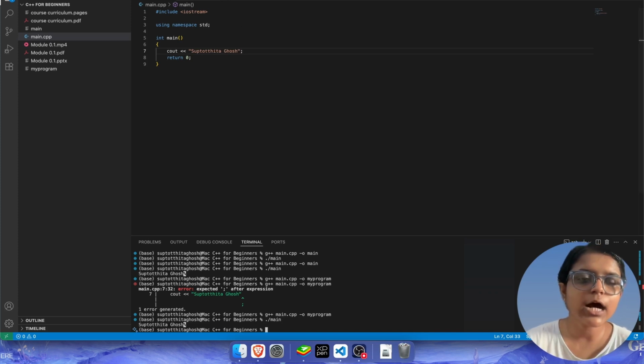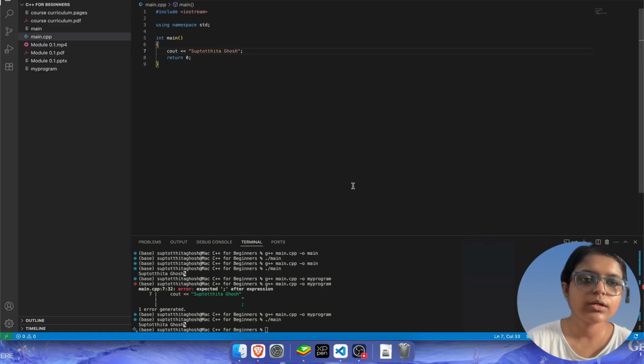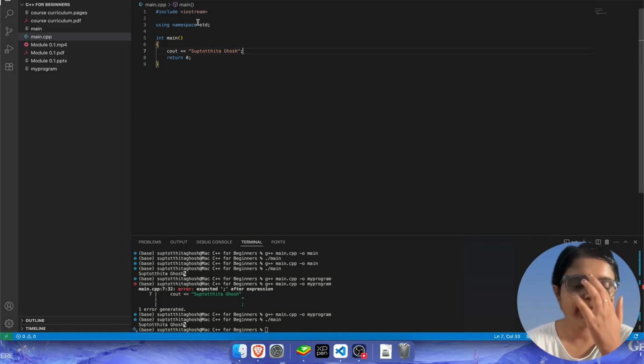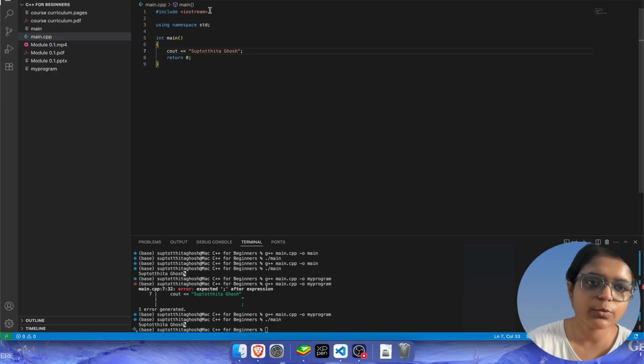So this is how we wrote our very first program. First we started with an empty program which does nothing basically, and then we wanted to have an output here. So we are running a program which gives the output of my own name as it is, and for that we are using quotation marks. Let me go over the program again. So include IOStream. We are using namespace std. I will explain what these mean later in the course.